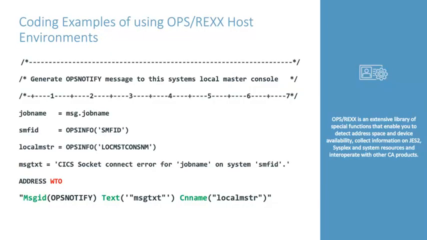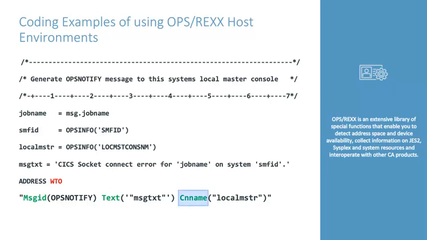Here are some coding examples of invoking Ops MVS host environments. This particular code is utilizing the address WTO host environment to issue a single-line message to the local system's master console. The command string for the WTO is using the message ID keyword to give this new message the ID of OPSNOTIFY. The text keyword would be the actual message text, which in this case is the message text variable,